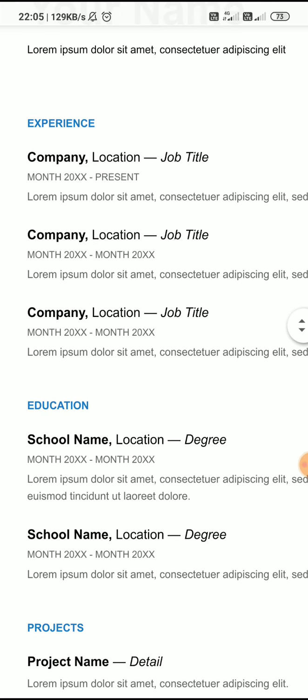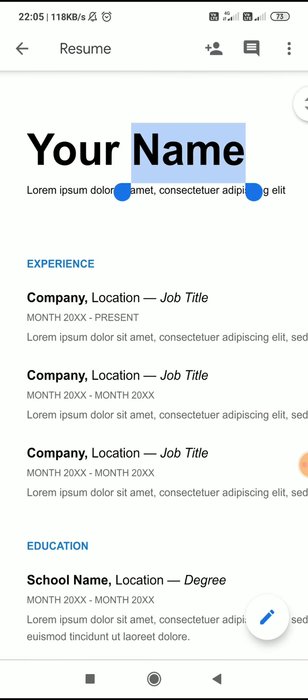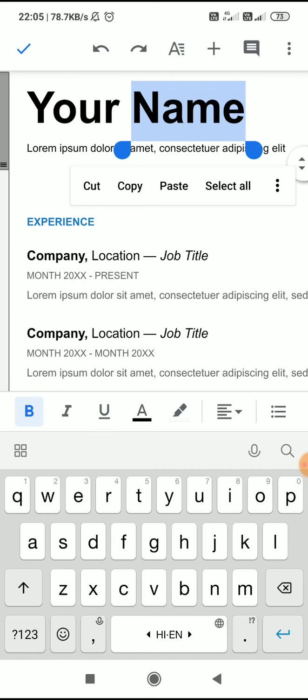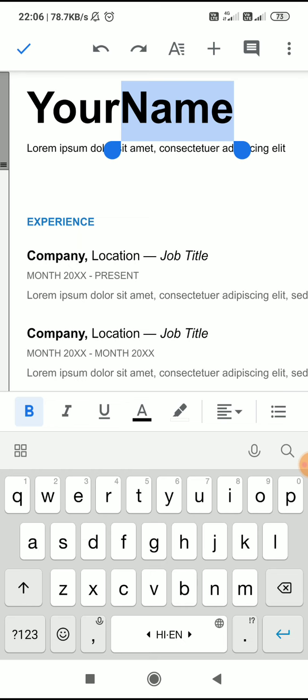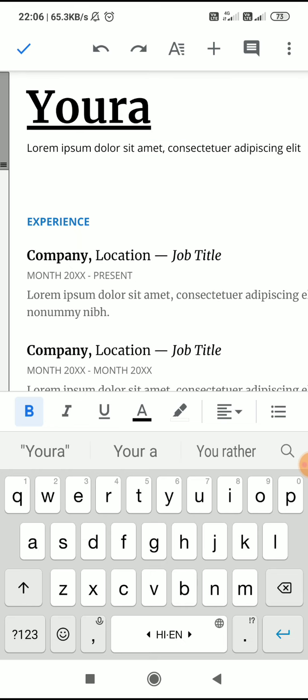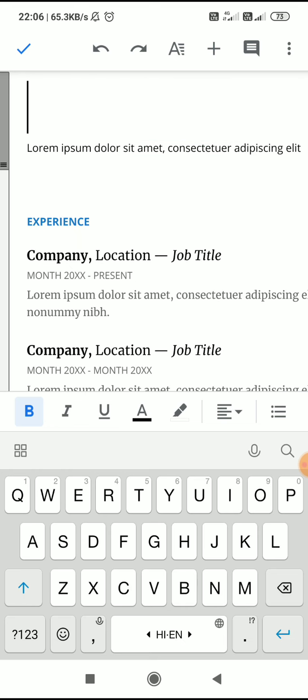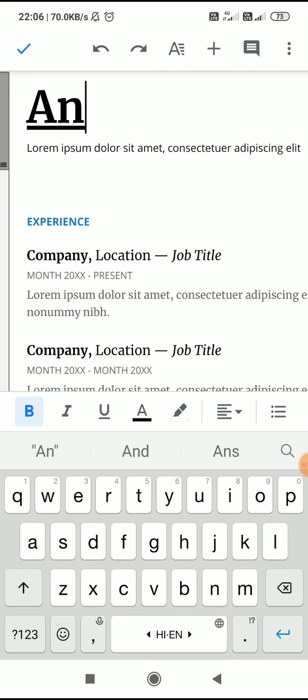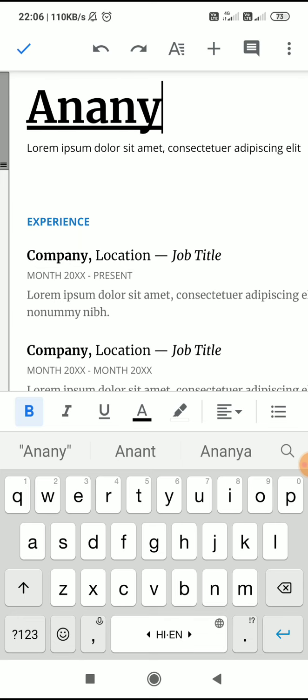These are the ready-made templates in this. This way we will drag this, and when these two dots appear, we can make edits here like this. So this way we can edit in the templates.